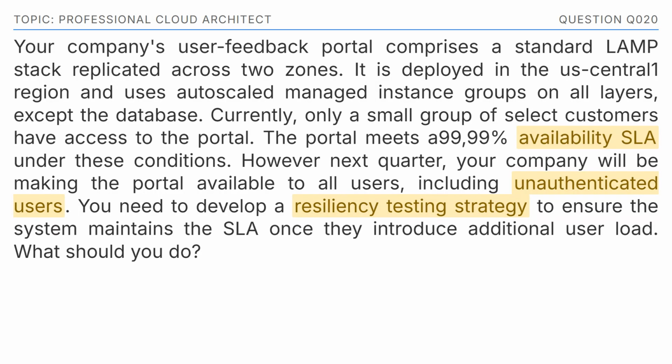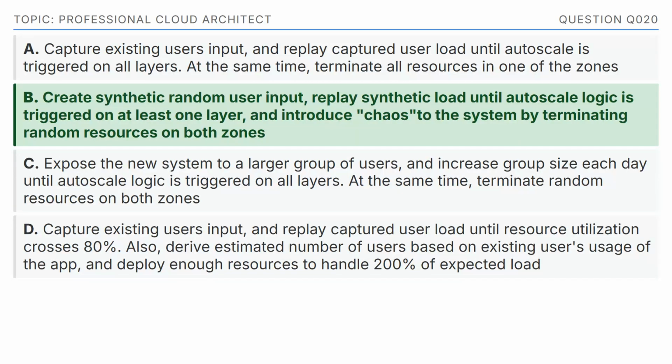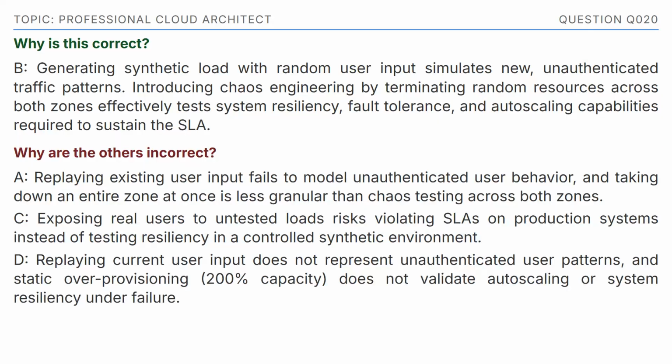To arrive at the correct answer, we focus on the keywords: availability SLA, unauthenticated users, resiliency testing strategy. The correct answer is option B. Create synthetic random user input, replay synthetic load until autoscale logic is triggered on at least one layer, and introduce chaos to the system by terminating random resources on both zones. Why is this correct? B. Generating synthetic load with random user input simulates new, unauthenticated traffic patterns. Introducing chaos engineering by terminating random resources across both zones effectively tests system resiliency, fault tolerance, and autoscaling capabilities required